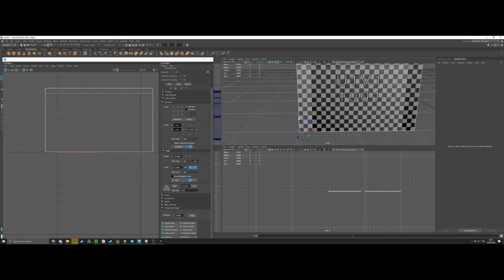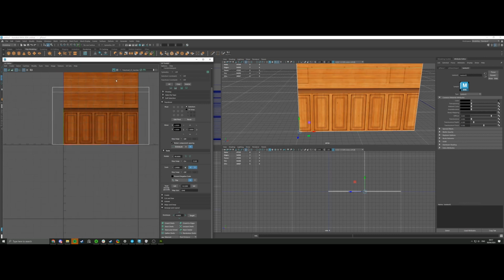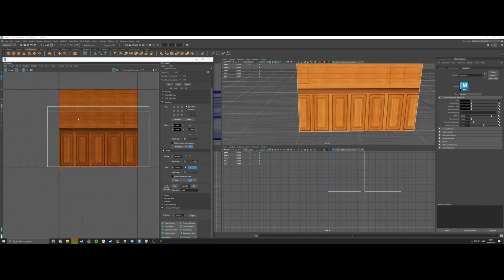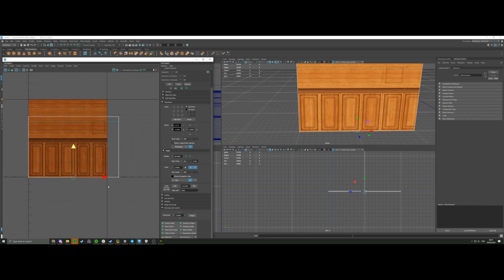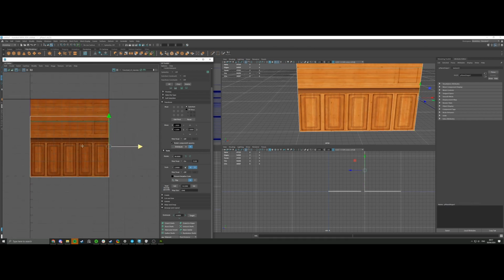So we'll just bring in our color map. Hit 6 to show textures, and click on that wee image icon and untick the checker icon. So now we can see our trim sheet,